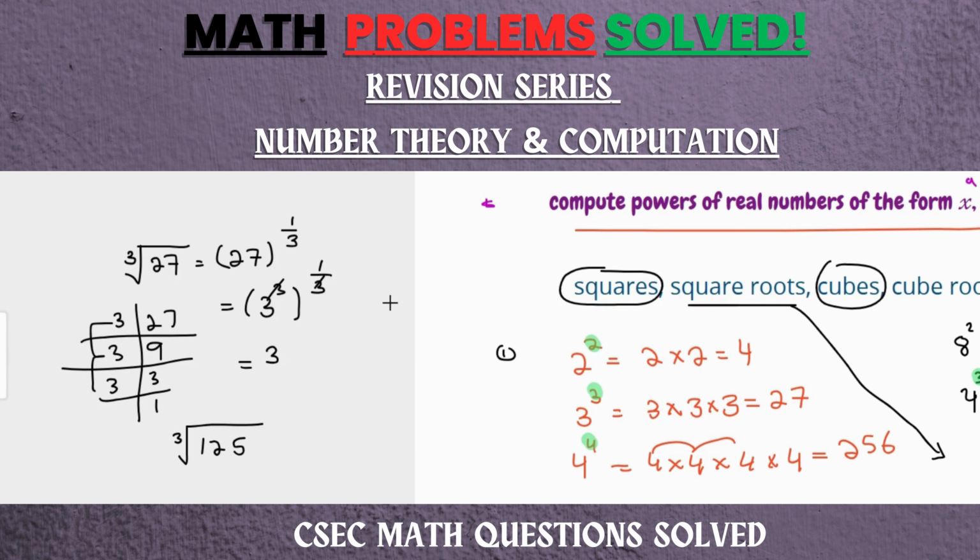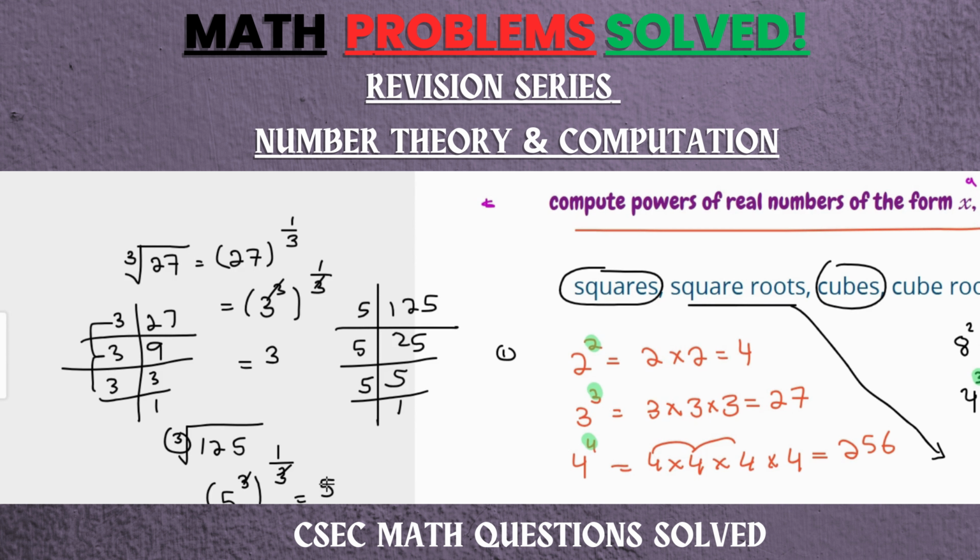So first we will find the prime factors of 125, like this. You have to divide 125 by 5, then 25 by 5, then 5 by 5, right? So it's 5 times 5 times 5. It means 125 can be written as 5 times 5 times 5, which means 5 to the power of 3. And here this cube root shows it's 1 over 3. This 3 and this 3 cancel out, and you will get just 5, right? So the cube root of 125 is 5. So whenever you have to find the cube root,